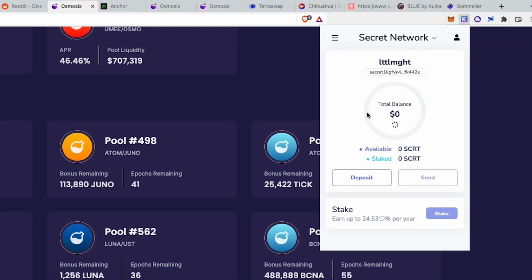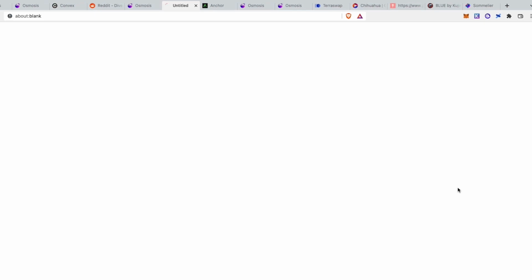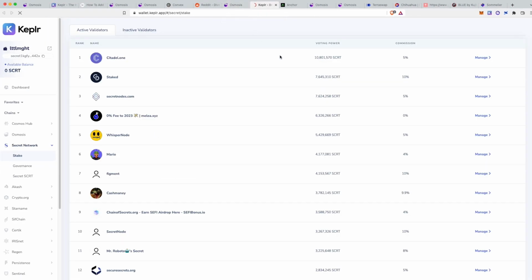So it should update this balance to show. Okay, there we go. So if I wanted to stake these tokens, there's a good chance I could be eligible for a future airdrop. So I just click on here, I go to stake, and you're basically getting rewarded for helping the network continue to run. You are going to have to be locked in for 21 days in order to do this. So you can lock in, and as soon as you want to unlock, there's 21 days that you have to wait until you can do it.